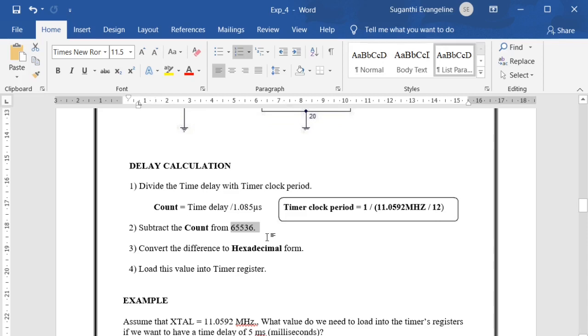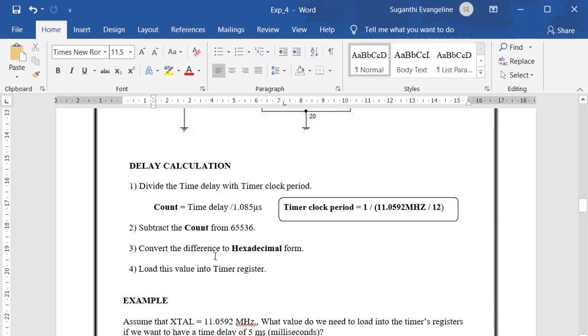Usually 65,535 is the decimal equivalent of FFFF, but we have to add one more, 65,536, because we need one pulse in order to go back to 0000. So the count value we got in the first step is subtracted from 65,536.